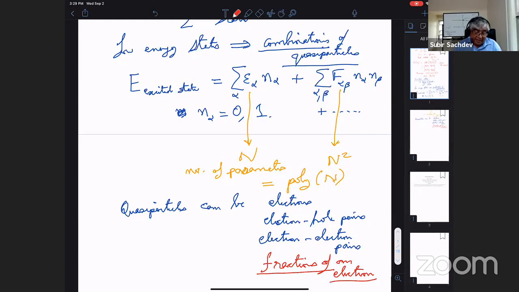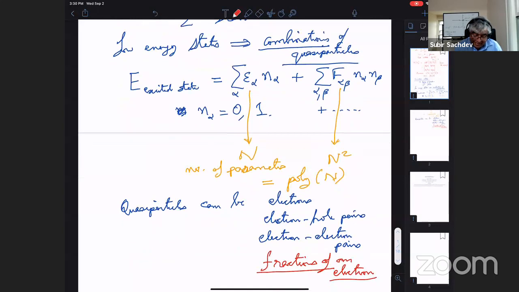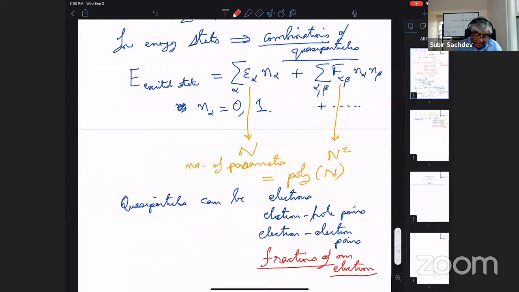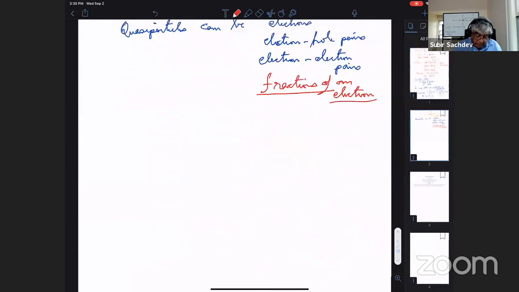All right, so that's the general idea of what a quasi-particle is and how it's a very powerful tool. For most of the course, it will be a very powerful tool for describing the excited states of a many-particle system. And it's remarkable, and we'll see why to some extent, that you can use a polynomial number of parameters to describe an exponentially large number of states. That's why you need some theoretical analysis to understand how to do that. If you just put it on a computer, it's impossible to really say something under control for this many states. All right. Okay, any questions?